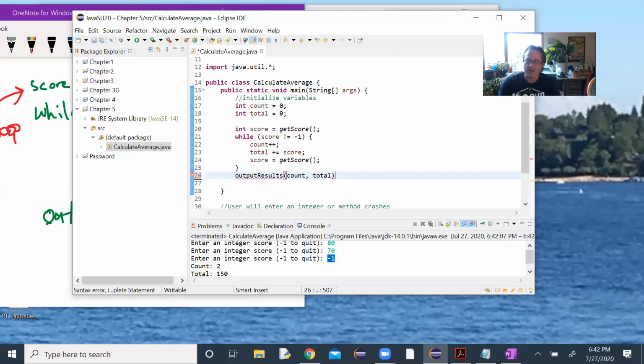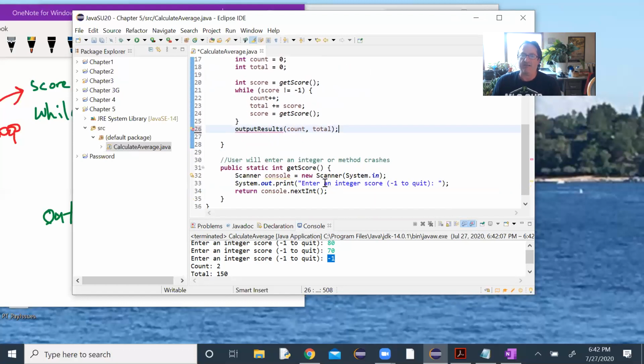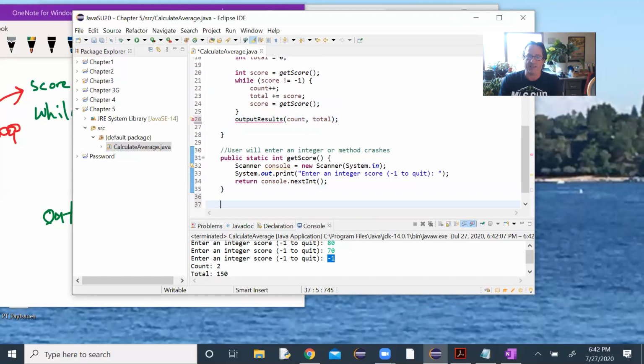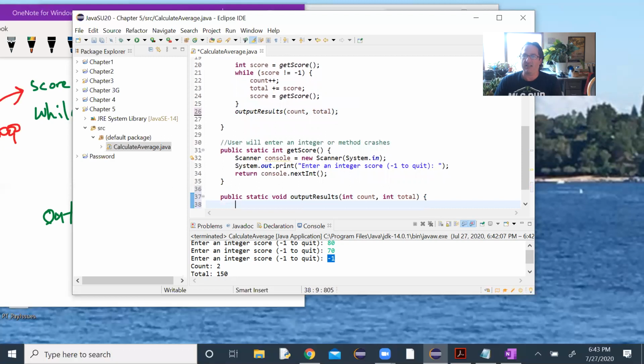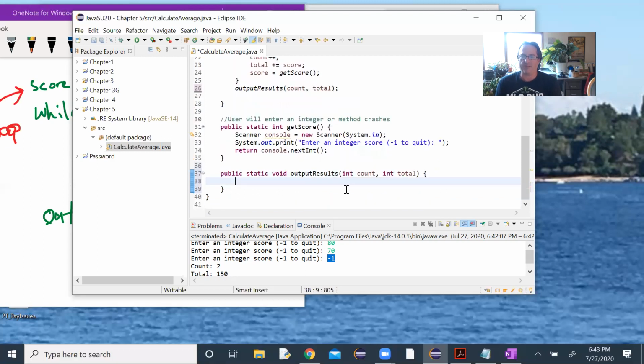Now, in the outputting of the results, the total is not something I'm going to output, but I need it to compute the average. So I'm getting an error because I haven't defined that method yet. So this has nothing to return. And it's getting two integer values in. Integer, let's just go with count and integer total. We use the same names. There's so few variables in this code that I don't think it's going to be confusing. And